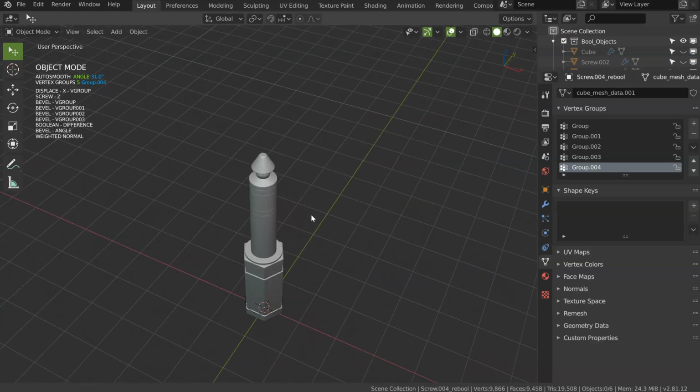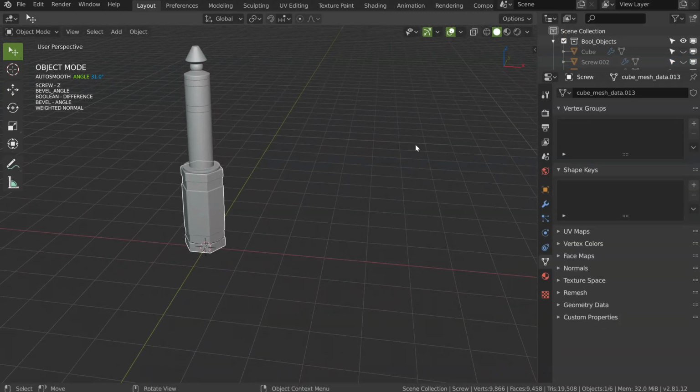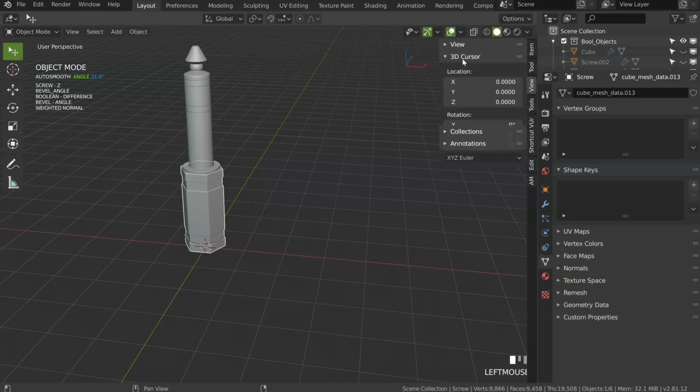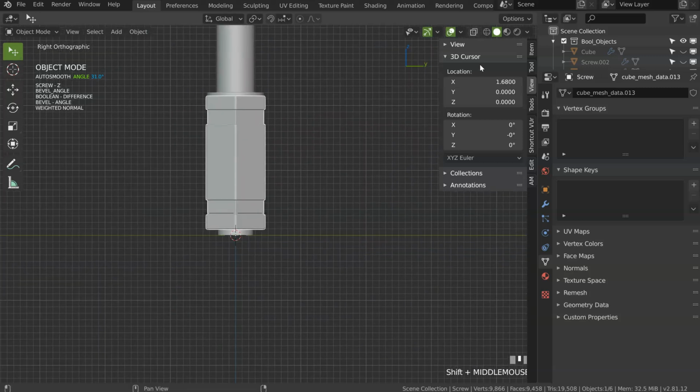So let's start. What I will do is move the cursor, so you can go here. I will first activate this for you, and on the trolley cursor you can move it on X. I will go inside view, and I will also move it in Z, like that.